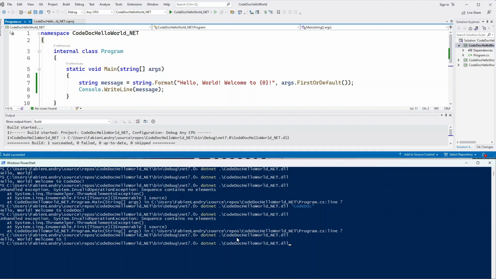And if we run the application now with CodeDoc as an argument, press enter, it should, and it does, give us, well, hello world, welcome to CodeDoc. So basically, first or default allows us to default to the default value of string, which is null. Now let's move on. We comment this